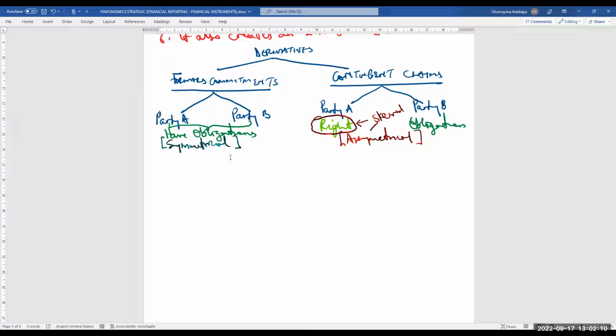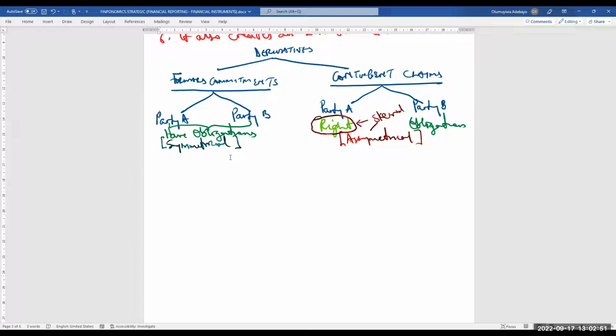But party B is always at the mercy of party A, either executing or not. And why? Because at the point of entry into the transaction by party A and B, party B has sold his rights to A so that he has collected a price, what we call a premium, for selling his rights. This is similar to an insurance company, whereby insurance companies sold their rights for you to pay a premium as an insured, so that you now have a right